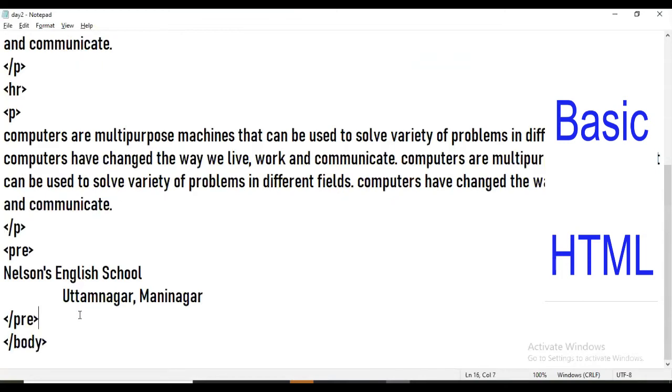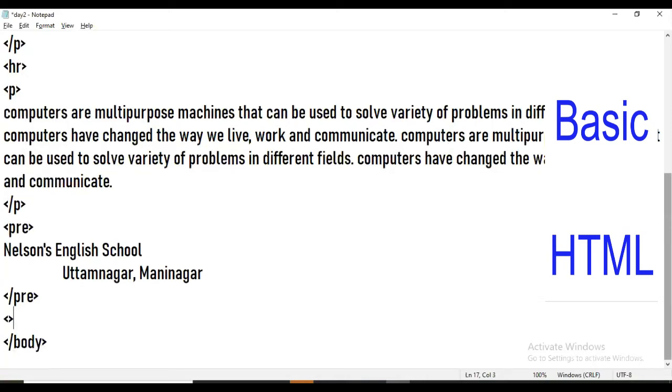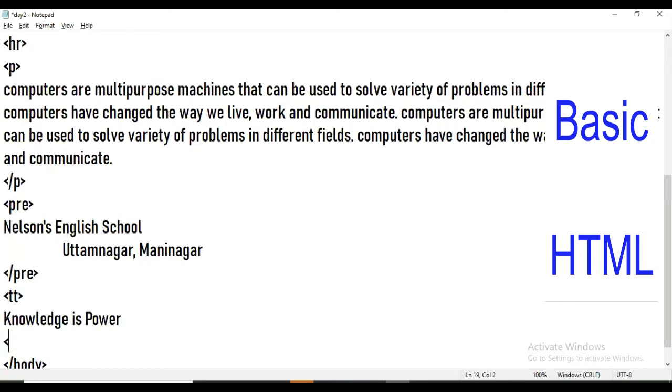Now one more formatting tag, that is TT, typewriter. This is the TT tag. I have written knowledge is power.